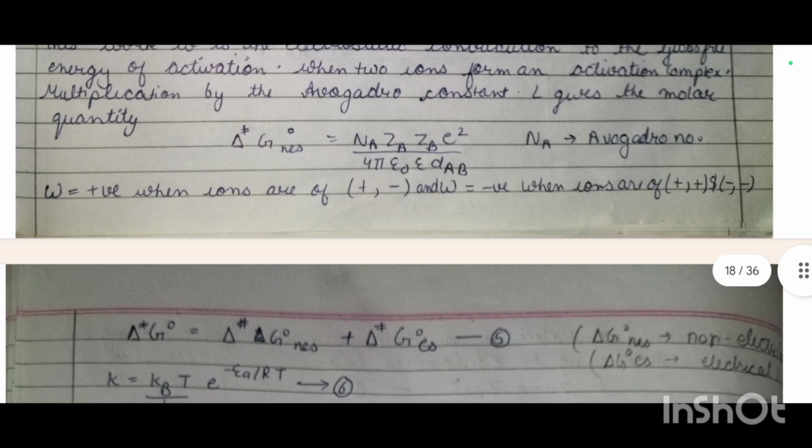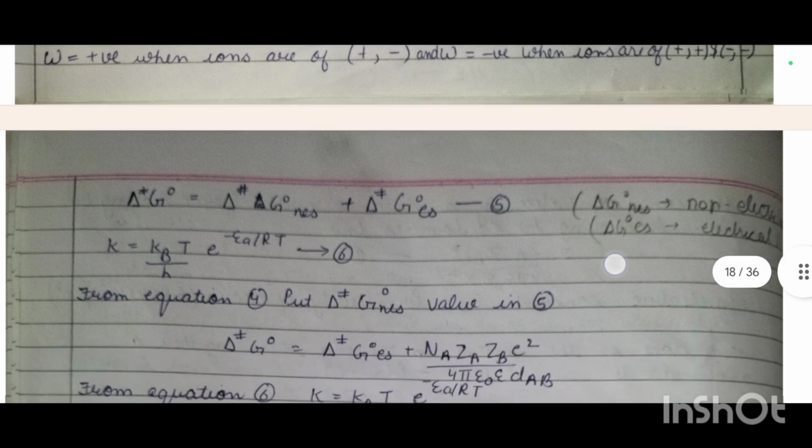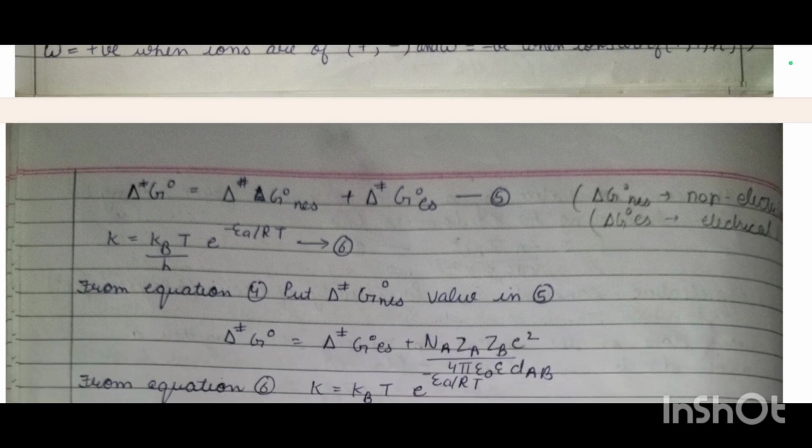The work done is positive when the ions are of the same sign, and dw is negative when the ions are of opposite sign. Delta star G naught is equal to delta star G naught of a non-electrolyte plus delta G naught of an electrolyte, and k is equal to kB T e to the power minus Ea divided by RT, and whole divided